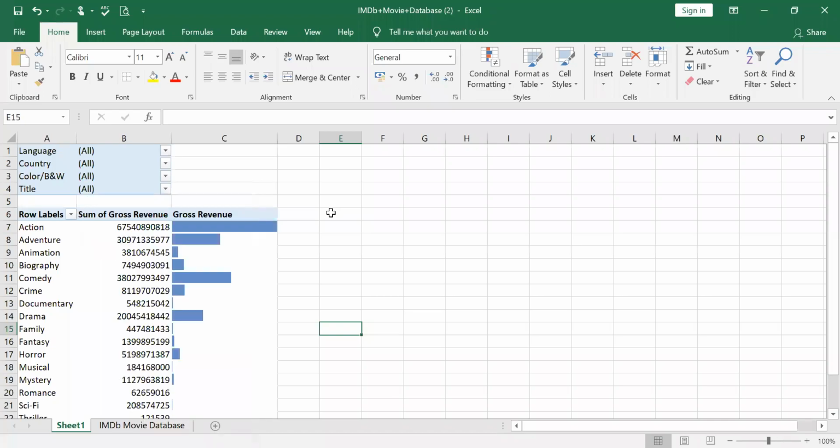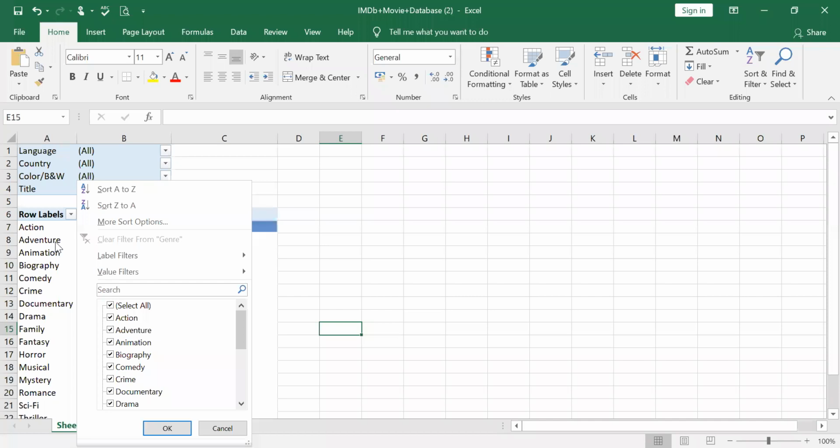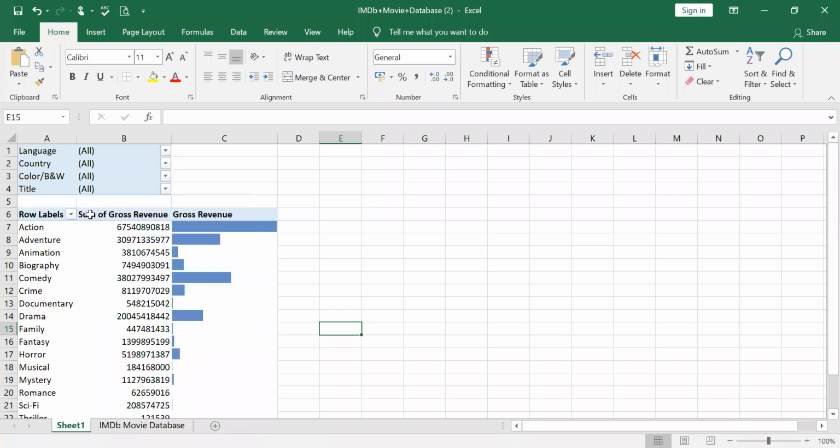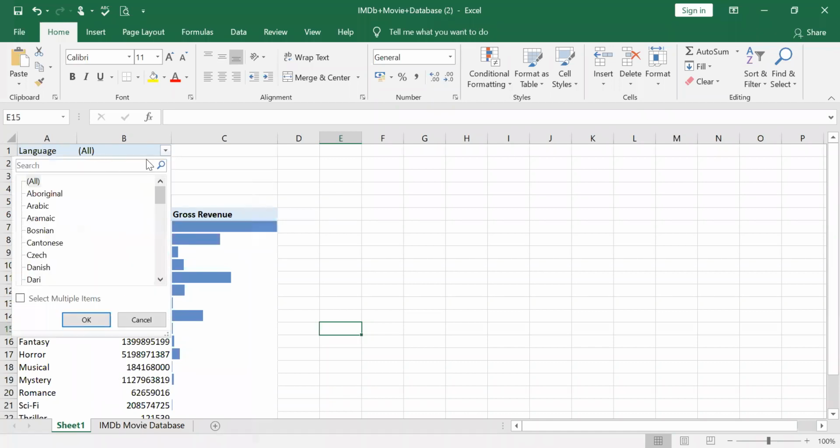So majorly in pivot table, we need to discuss sorting, filtering, and grouping. First, when we discuss filters, when you click here, whenever the titles are given, you can find the drop boxes. These are all the drop boxes. This is exactly the filters.